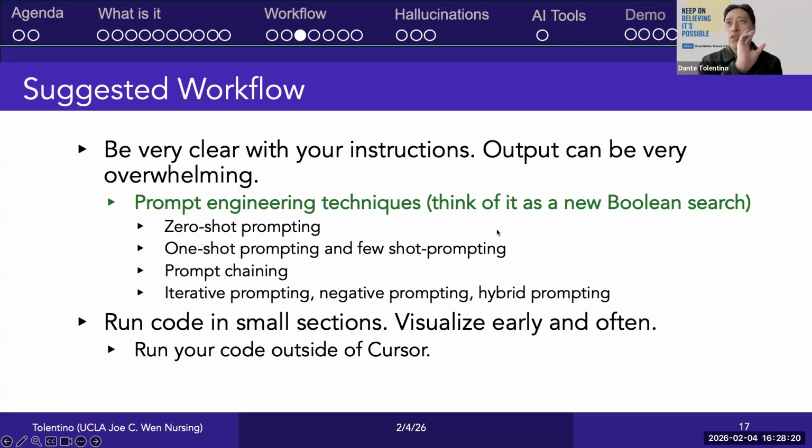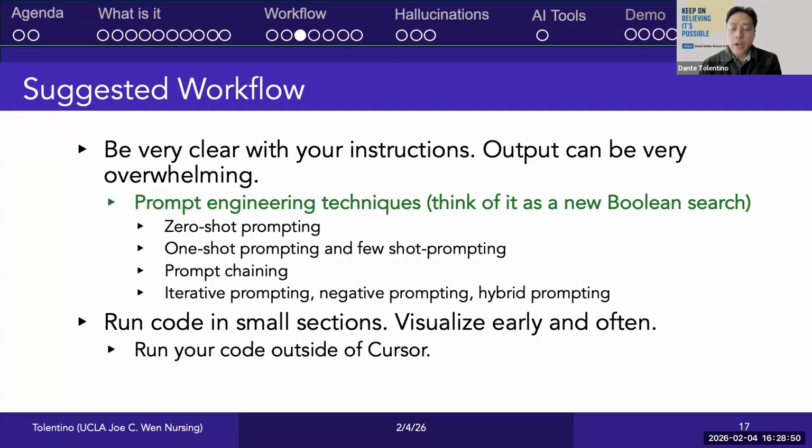And which leads us again to prompt engineering. And prompt engineering really is an important skill moving forward. And this is no different, right? When you're searching literature using your Boolean operators, I think the main difference is that Boolean search, as we all know, is very deterministic. When you're doing prompt engineering, it's very probabilistic, where you're guiding AI to generate the best response.